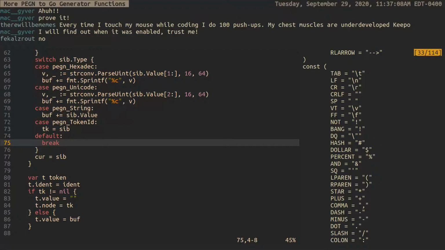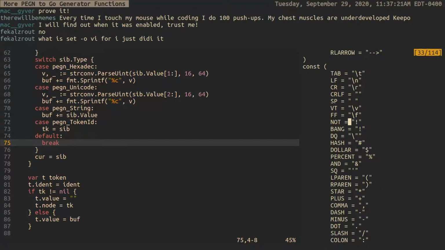So carriage return line feed is not populated. It's an empty string. That's a good thing. We want that there. I'm going to go fix that right now. The reason I want that is because I want the order preserved, because this is the way in which the tokens were, oh